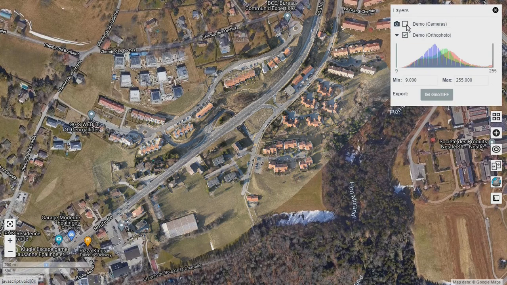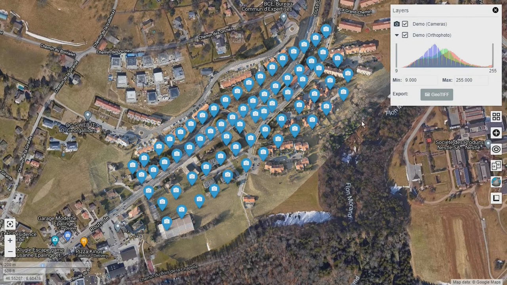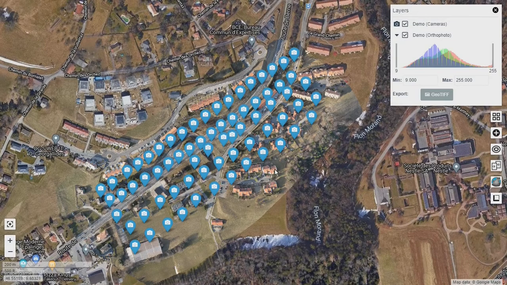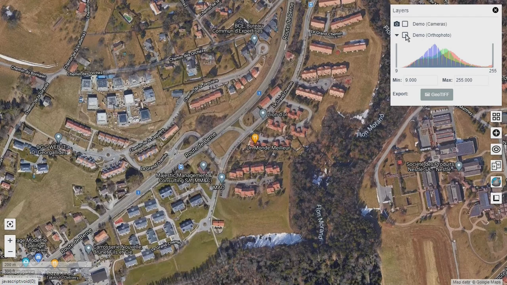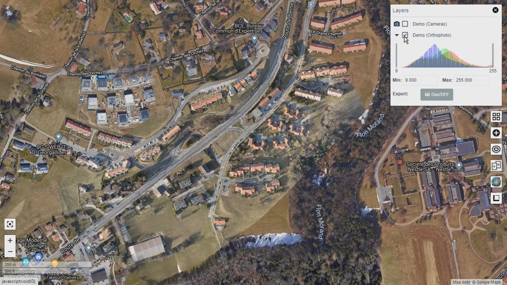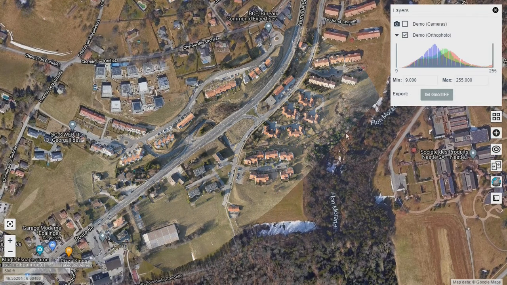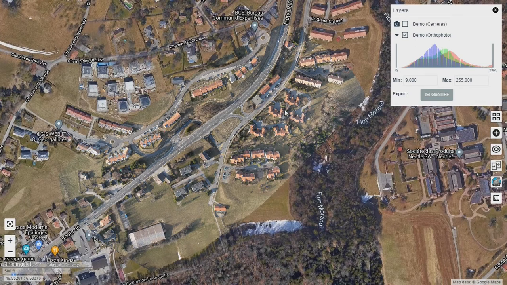The first one is the layers. Cameras: this layer shows us the images taken at different points by the drone. Yes, you can see the orthomosaic or orthophoto over here. Also, you can export this orthophoto in GeoTIFF format directly from here. There is also an option to change the colors of our orthomosaic layers. You can change hue, saturation, highlights and shadows by selecting these options.